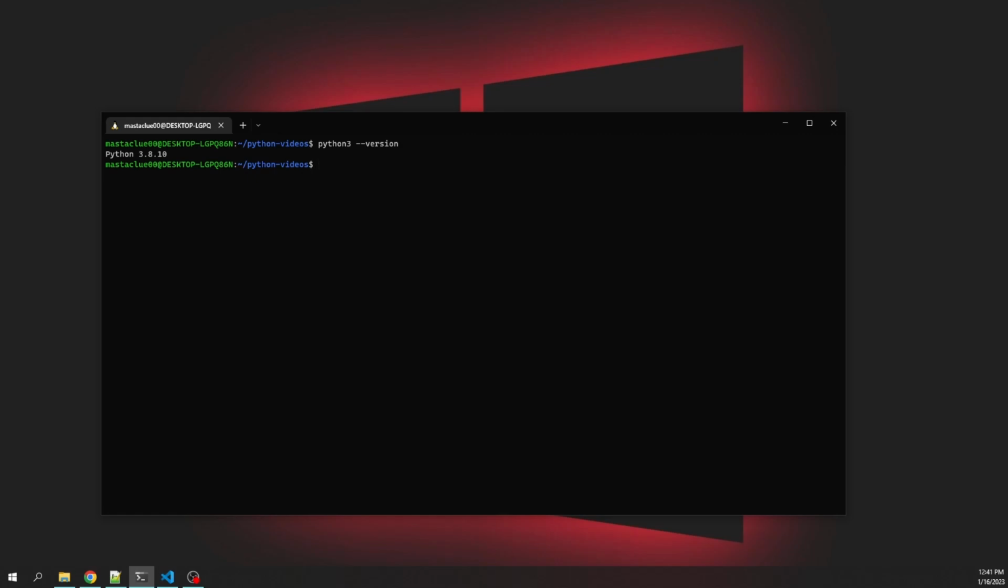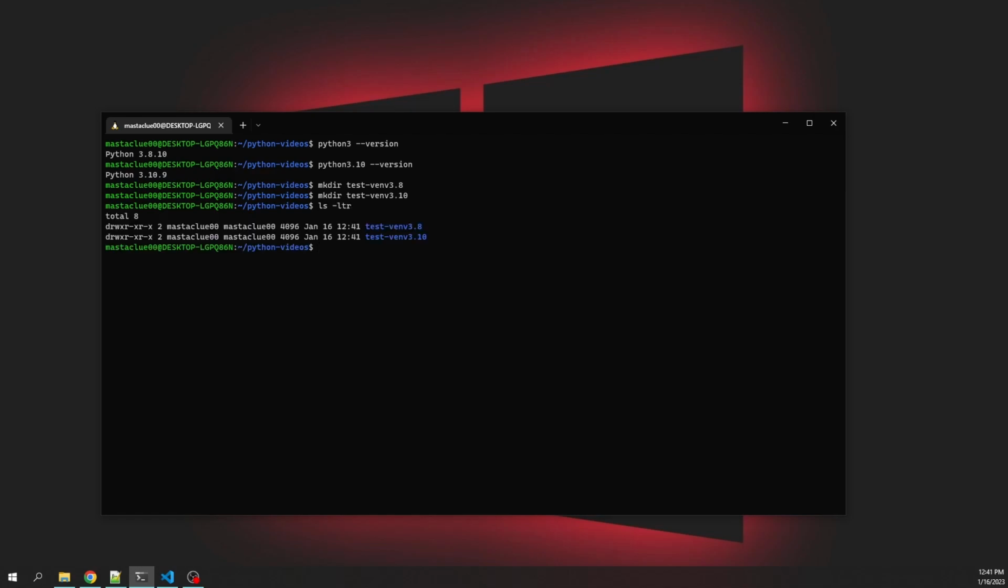3.8.10. However, I also have another Python version on my computer, which would be run with python3.10, and we can see here that that puts the output at 3.10.9. So what we'll do here is I'm going to make two directories of test venv 3.8 and 3.10. So first let's jump into the 3.8. Change directories,